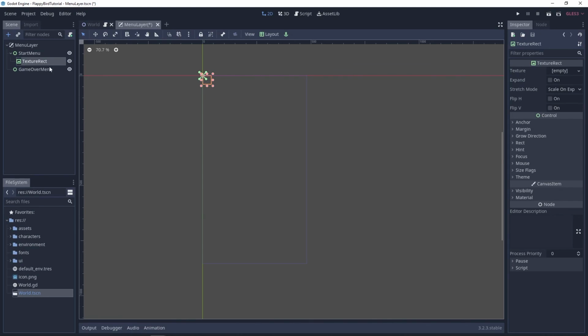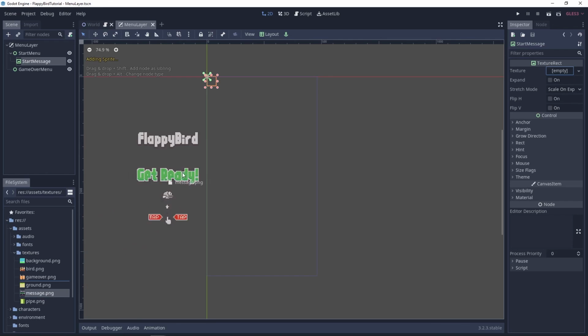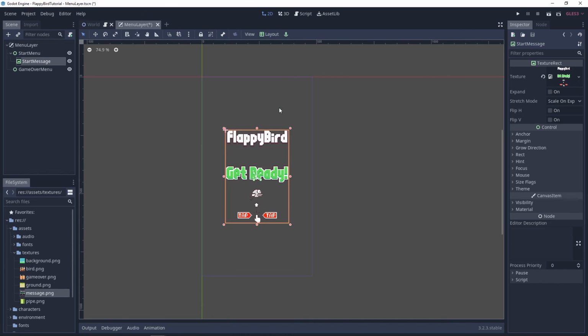And we'll call this one start message. Let's go inside our assets folder and find the message.png file right here. I'm going to drag this over to the texture property of the texture rect. Cool. And now let's align this to the center and move it up